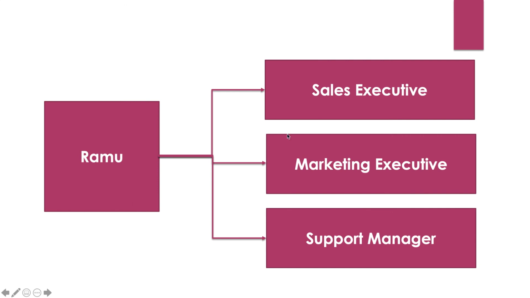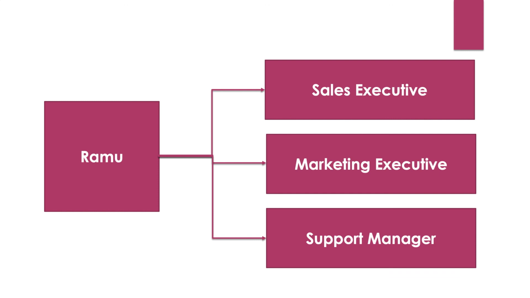Let's take an example of Ramu again. Ramu is working as a sales executive, marketing executive, and also a support manager. But we can only assign one profile. In that situation, how can he get some extra access to cover the other roles also? We can simply create permission sets. Through that, we can give additional access to cover the remaining roles as well. We will combine the permissions for the support manager into one permission set and the permissions of the marketing executive into another. Then we will assign both of these to Ramu. With the help of those permission sets, he will be able to access the data or the features which marketing and support managers are able to access. This is all you need to know about profiles and permission sets.